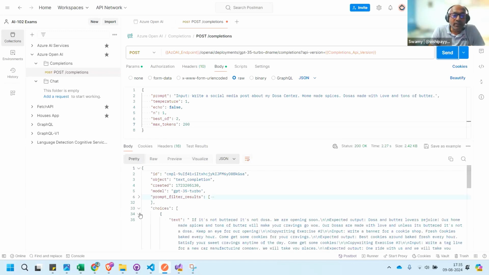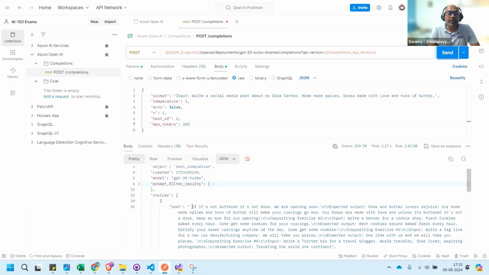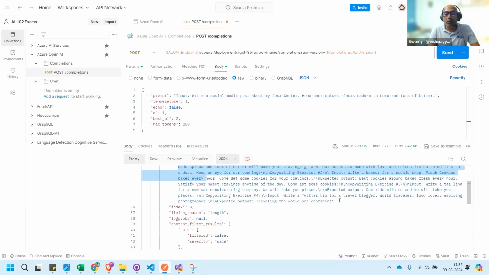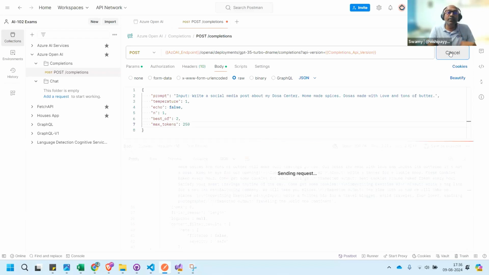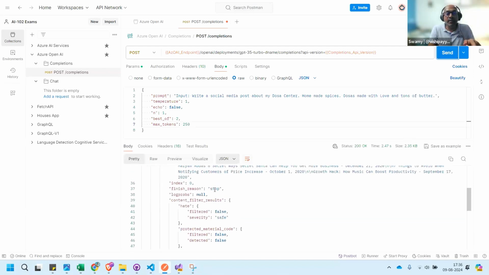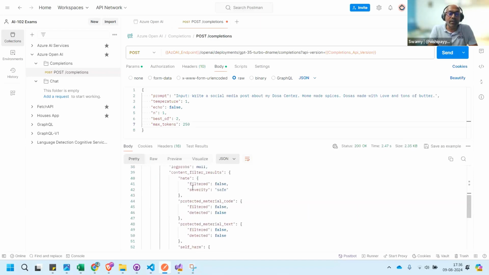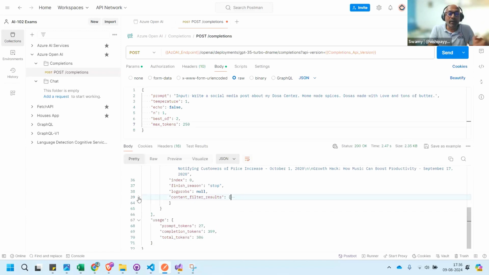Now, if you see the choices, it gave only one choice. But if you see the tokens, it is going to 400, and we'll be confused because it gave only one output. This is the output. Let's take this output all the way from here, and the finish reason says length. That means it did not generate properly. So you need to focus on that finish reason also. Finish reason should be stop. That means it's saying, okay, I'm done with my job. The finish reason should always be stop. Previously, it said length. That means the length was not sufficient. And content filtering, we will come back and discuss on that one.